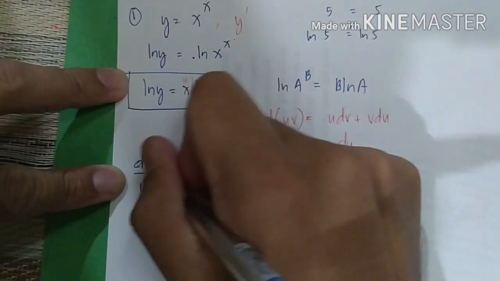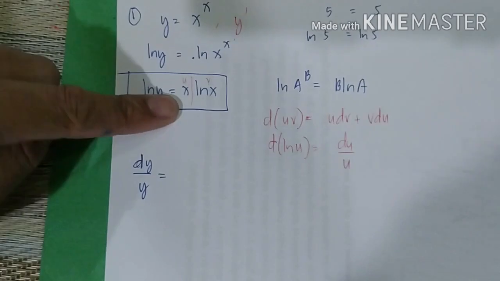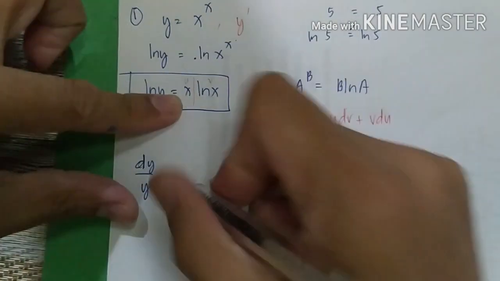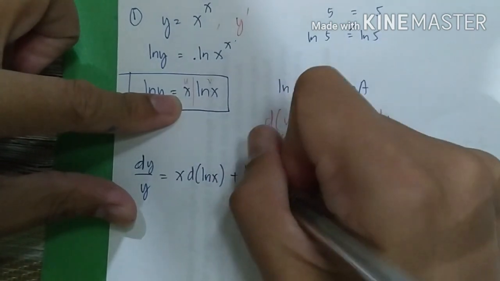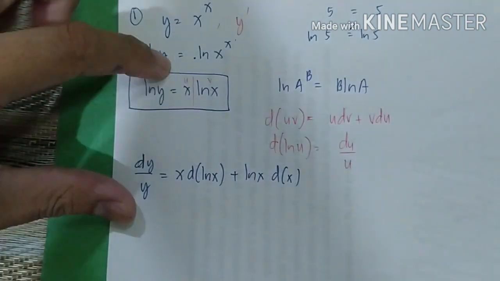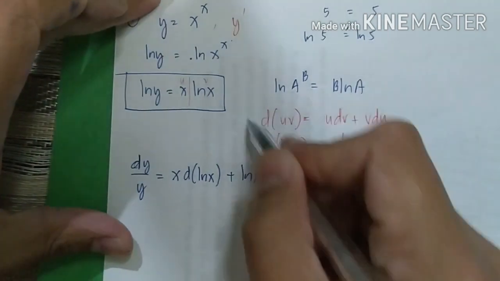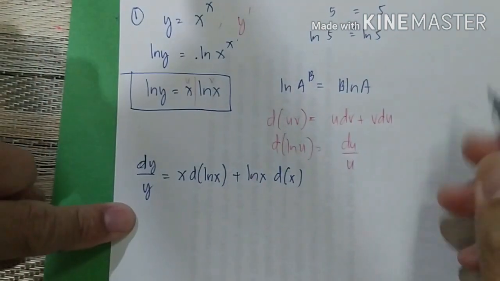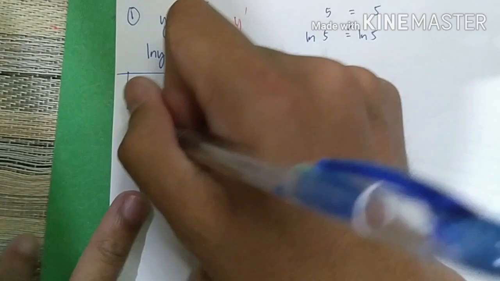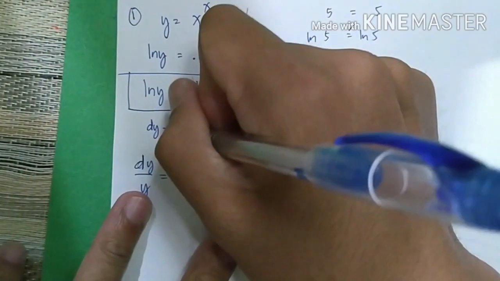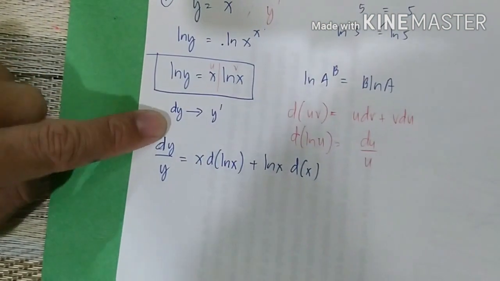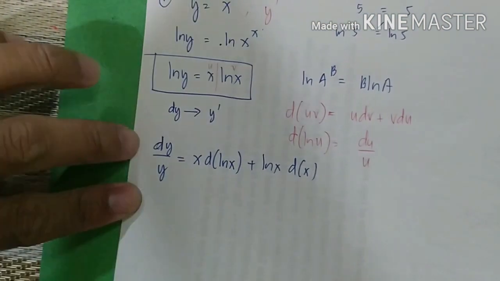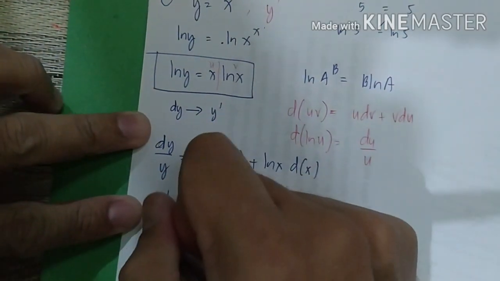So that is equal to x times the derivative of ln x. That's u times the derivative of ln x plus ln x times the derivative of x. Ginamit natin yung product rule. So, dy over y. Di ba, ang sabi natin noon, ang derivative ng y with respect to x is y prime. So, again, with respect to x ang pag-differentiate natin dito. So, the derivative of y with respect to x is y prime. So, this gives you y prime over y